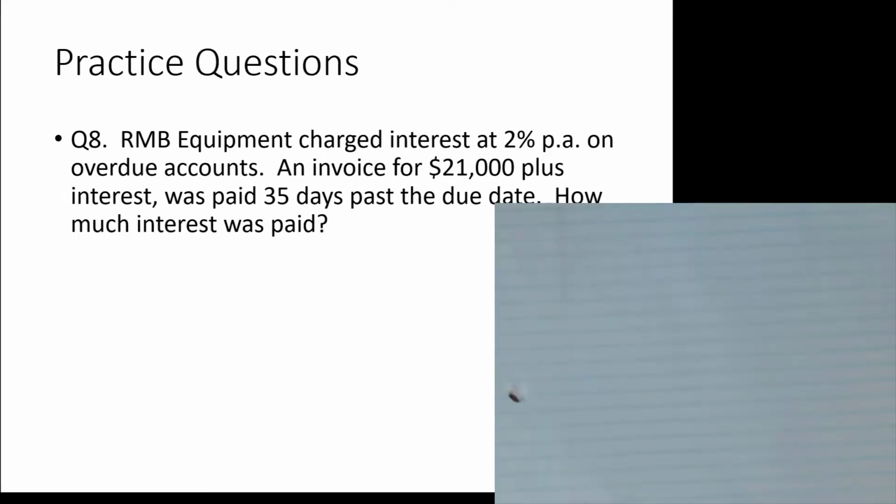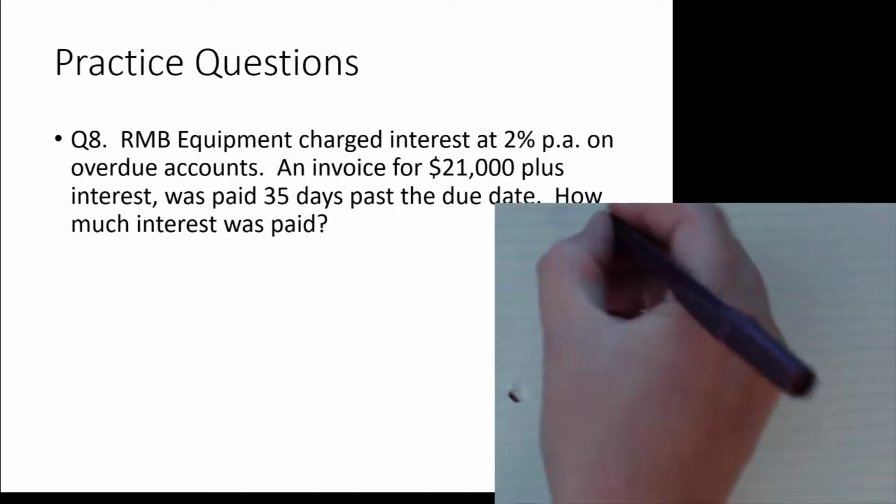Let's do some practice. Question 8. RMB equipment charged interest at 2% per annum. PA stands for per annum. It's Latin for per year. On overdue accounts, an invoice of $21,000 plus interest was paid 35 days past the due date. How much interest was paid? Notice the question. How much